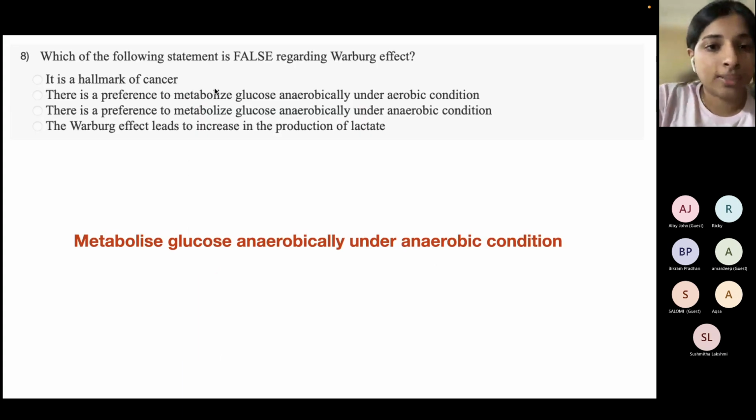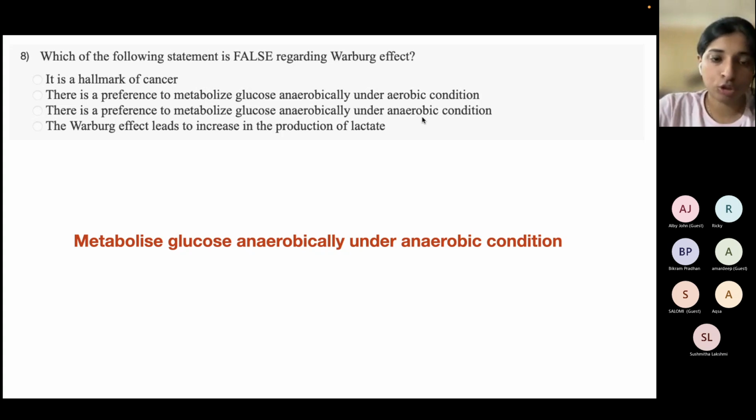So if you look at these statements in order to identify the statement that is false, first, it is the hallmark of cancer. Yes, there is a preference to metabolize glucose anaerobically under aerobic conditions. This is true. There is a preference to metabolize glucose anaerobically under anaerobic conditions. This is false, however, because anaerobic condition does not exist normally in your cell. You are still breathing. The cells still receive a large amount of oxygen, but still actively choose to metabolize it